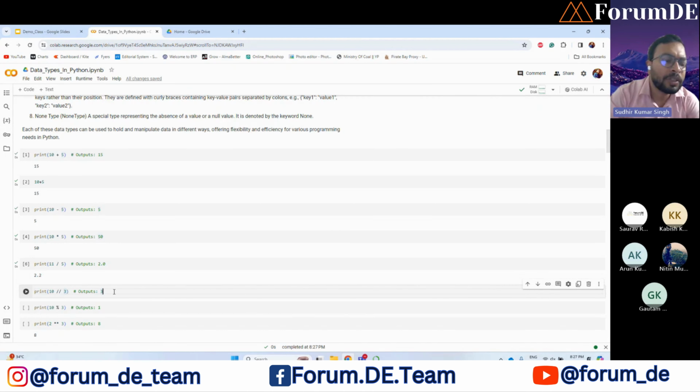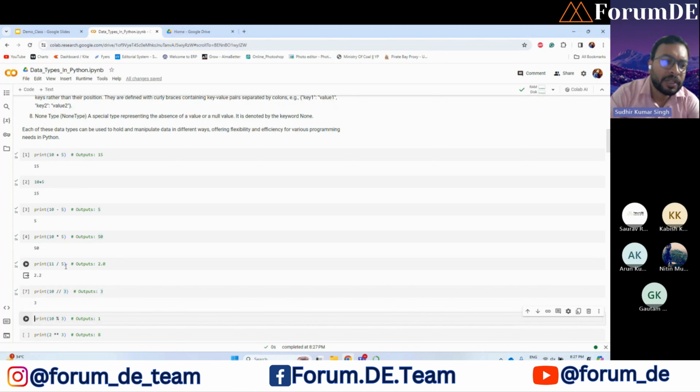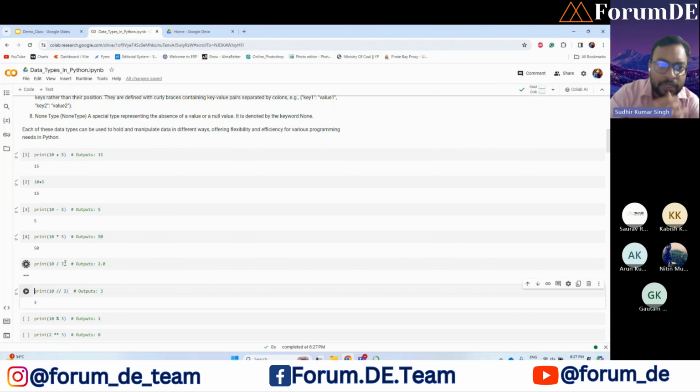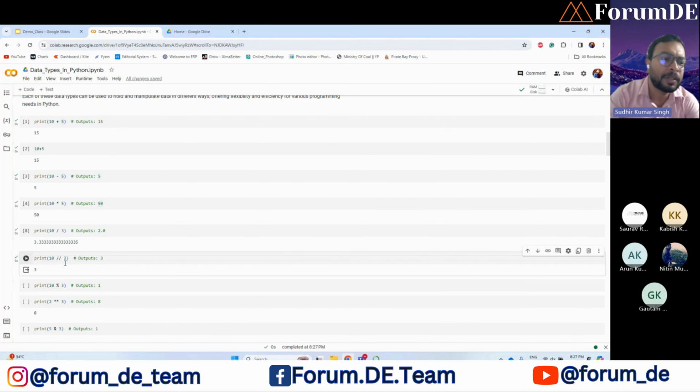Here we will get only the integer part or the quotient, so 10 divided by 3 will only give us 3. Whereas if we did normal division, 10 divided by 3, we would get 3.33 something. So here we get only the integer part.